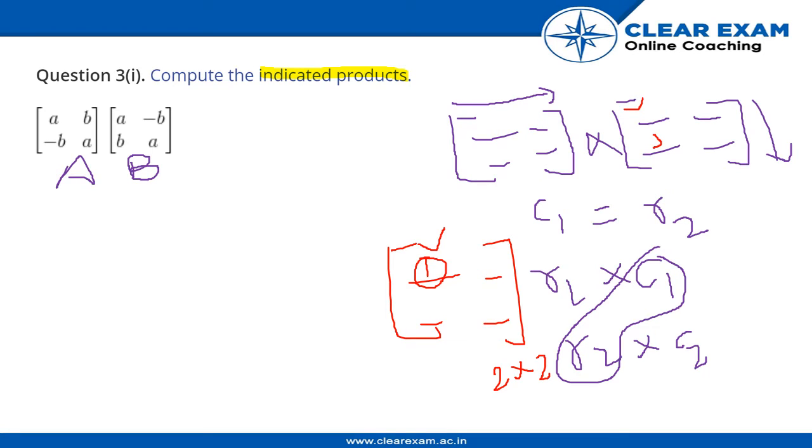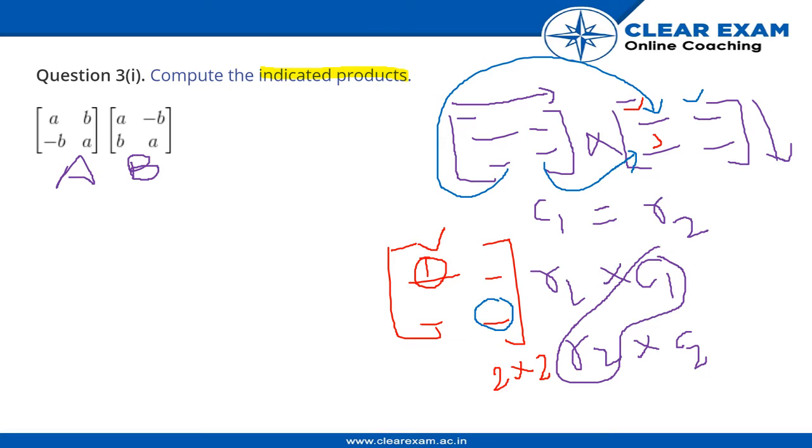Suppose we have to find the last element. So how do we do that? First, we multiply this element to this. Sorry, not this one, I made it wrong. First, we multiply this element to this element, and then this element to this element. So what are we able to observe? That we are moving in the horizontal direction in the first matrix and the vertical direction in the second matrix. So that's how we multiply them.